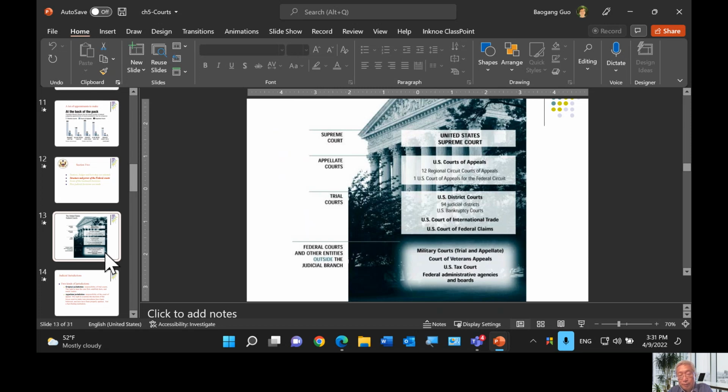Now, the bottom boxes here show another type of federal court. Those courts, such as military courts, the Court of Veterans Appeals, and tax court, are special tribunals or specialized courts created by Congress under the jurisdiction given to them in Article 1. So they are also called legislative courts or Article 1 courts.